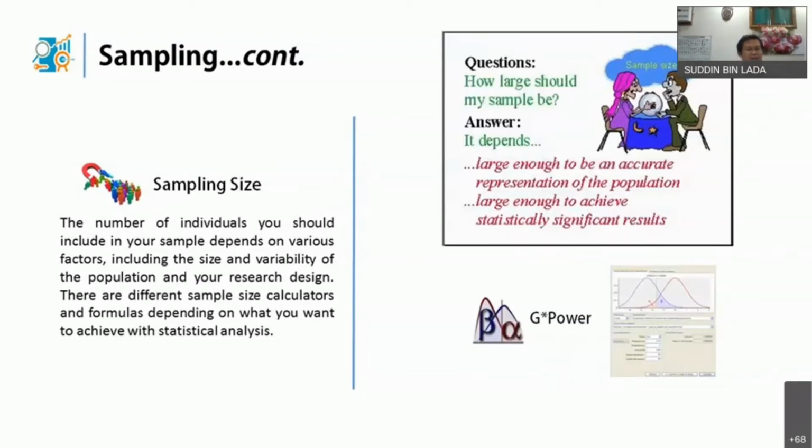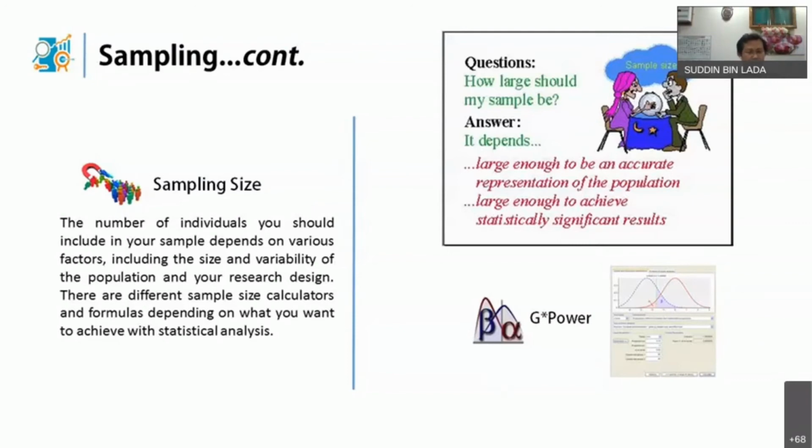Go to the sampling size. So the question is, how many samples? I believe all of you know about G-Power, right? There are a few software tools out there available for us to choose how many samples from the total population and the frame just now. You calculate using G-Power, and it will determine for you. There are a few styles of identifying the sampling size, but I advise you here to use G-Power, because you can claim